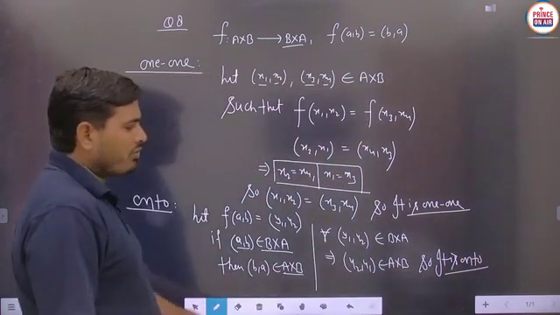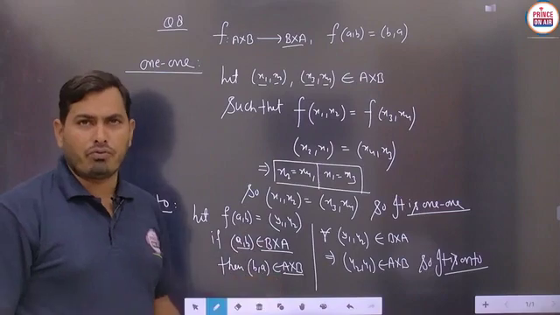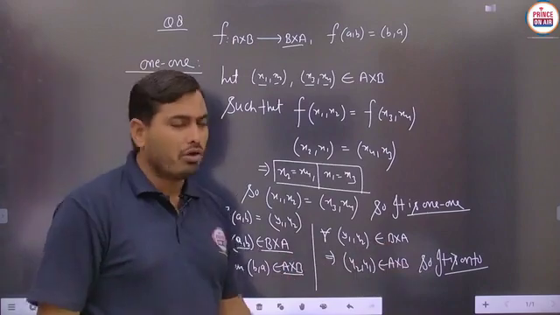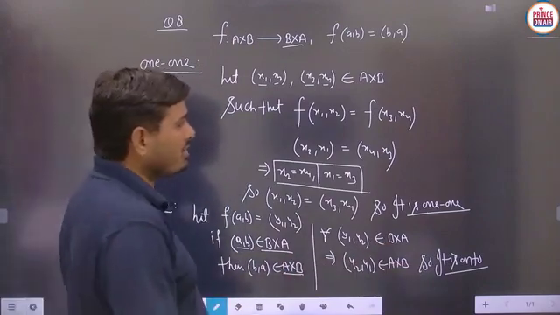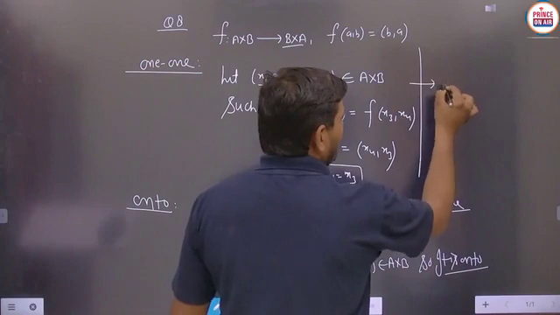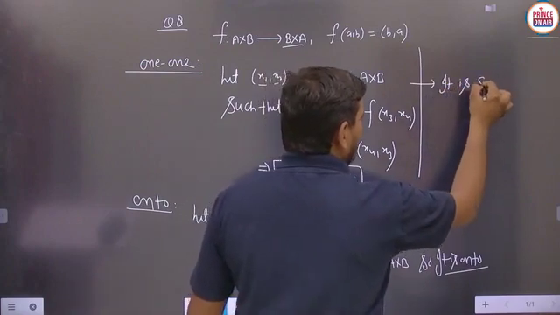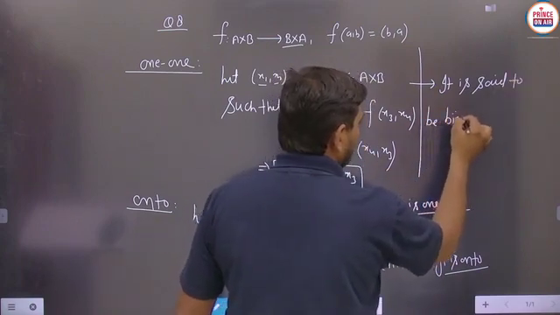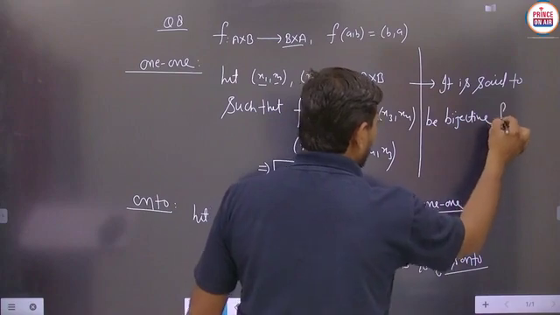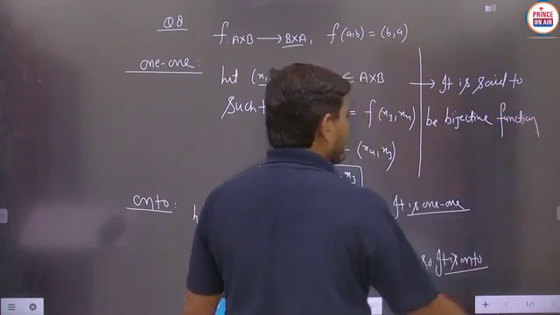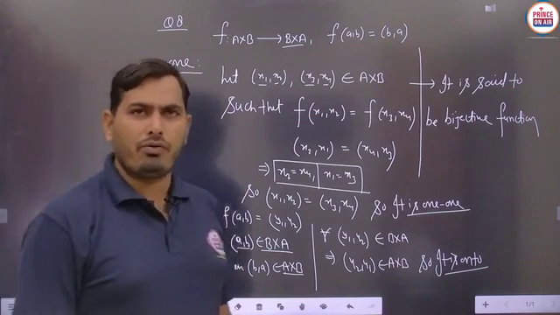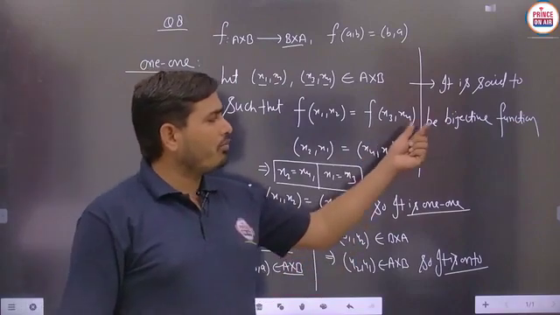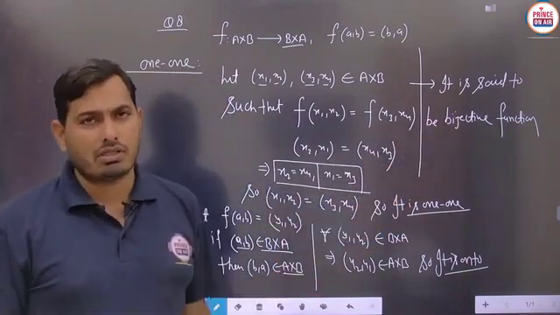So, students, this particular case is both 1-1 as well as onto. If a function is both 1-1 and onto, then it is said to be a bijective function. We have to keep this in mind always, because when we discuss the inverse of any function, this part is very important: the inverse of a function exists only when the given function is bijective.